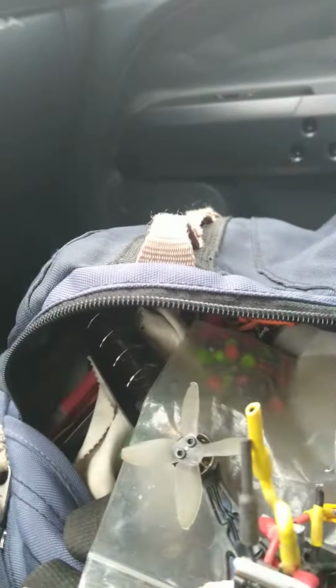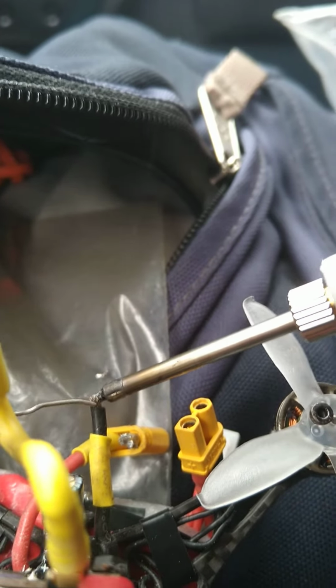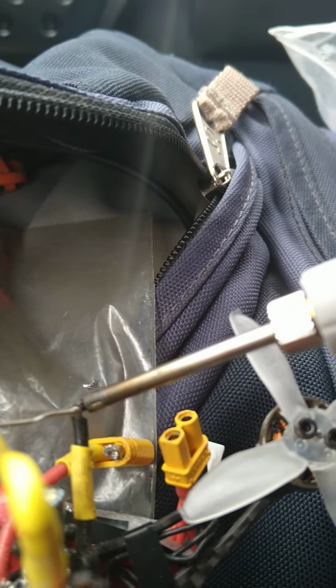Oke. Pakai USB. Let me see it. Cannot see. Yeah, anyway, so it's pretty powerful. I can solder